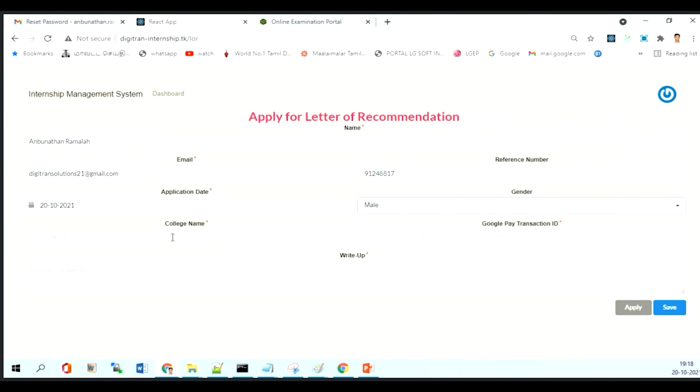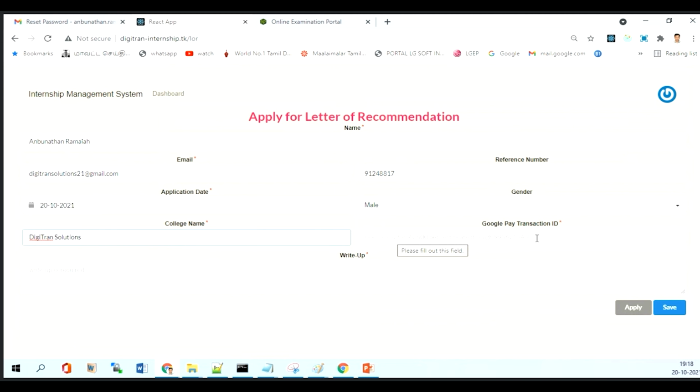Sir, if one intern gives those details like reference number and Google Pay reference ID, after that they will inform us to bring out the intern certificate. After that we'll provide it to them. Yeah, right. They can send a WhatsApp message and then they get an alert also. Anyway, the mail is coming, so we'll also take care of this. At the same time, here also they have to pay for the letter of recommendation.